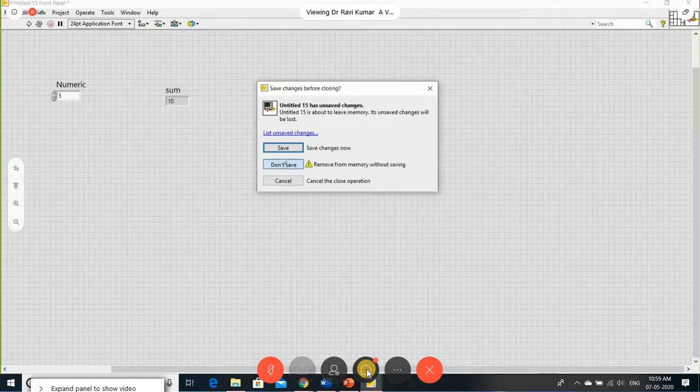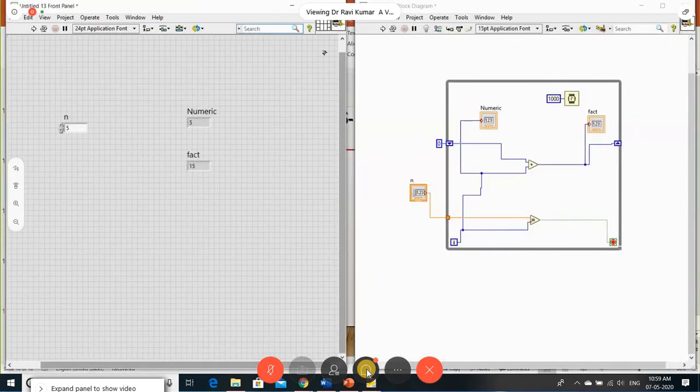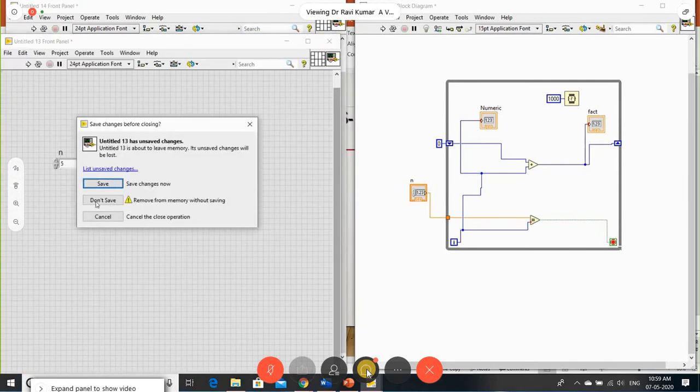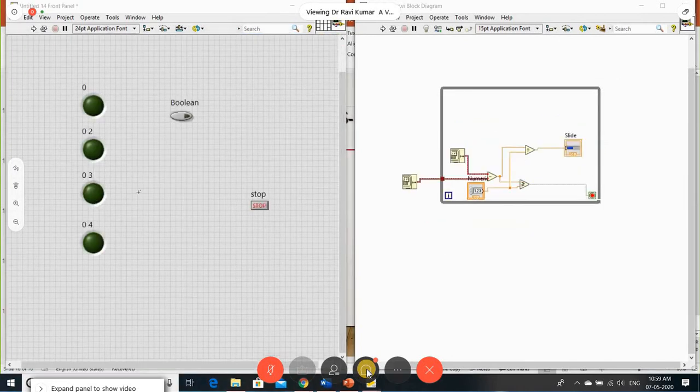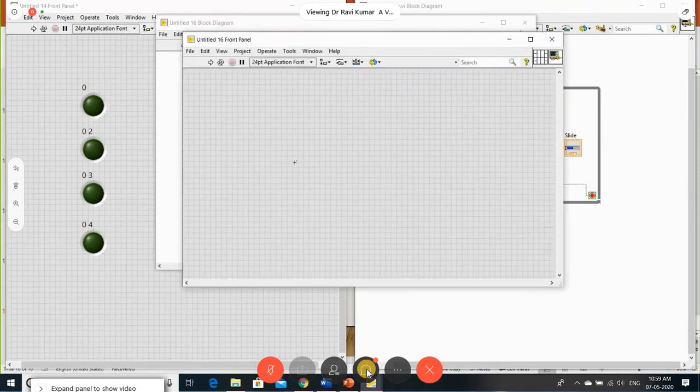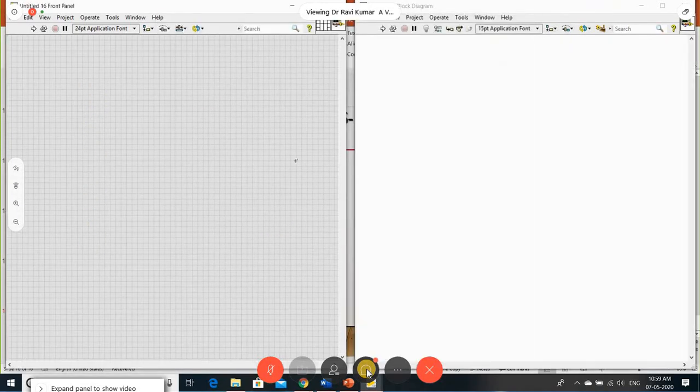Next, a very interesting one we will go with: arrays. Okay, what is an array? An array is a set of elements. It may be integers, or characters, or booleans. So here, how do you create an array?